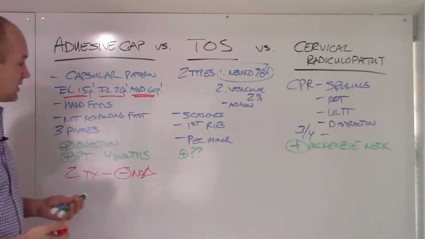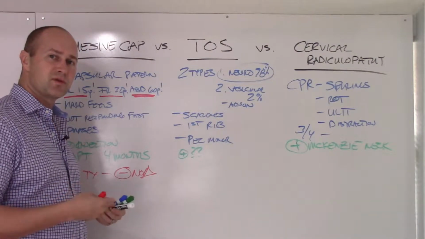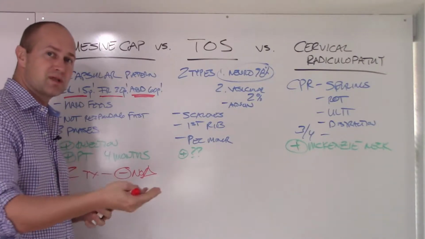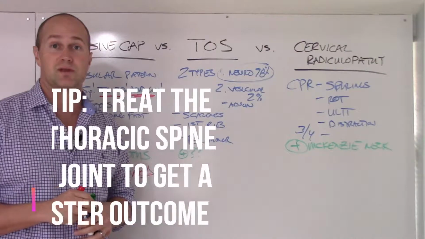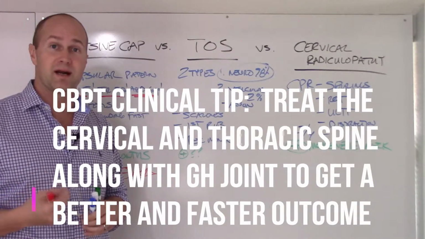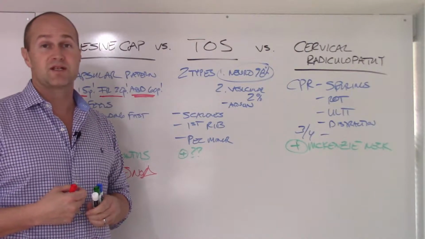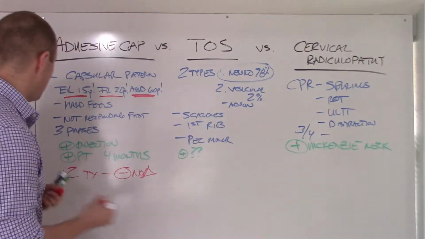So it started to get me questioning a little bit. What is going on here? Does she have true frozen shoulder? Is there something predisposing this? So I actually find that with my frozen shoulder patients, when I treat the neck and the shoulder, I get way better outcomes. So I actually started looking at the spine, doing an HVLAT plus